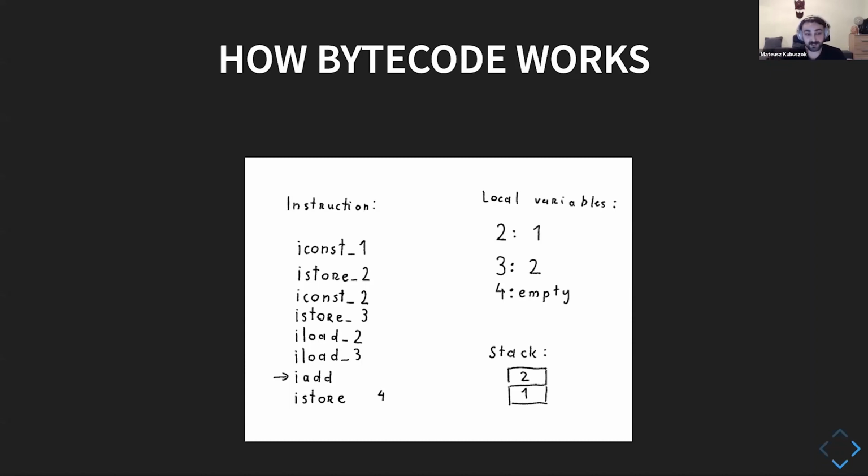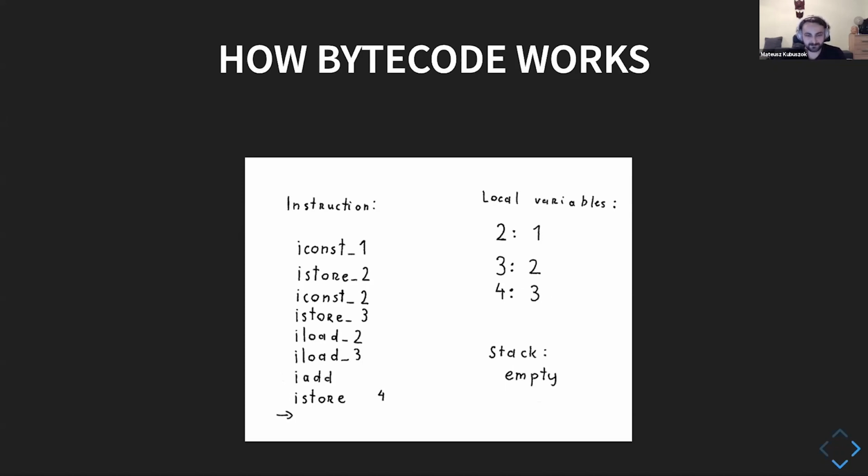So now we reach the iadd instruction, which, as we guess, will take those two things, combine them, and put the result back on the stack, because the stack is the place where all of this computation happens. And after that, we will see that on the stack we got the value of 3, the result of our computation, and finally, we have to store it to